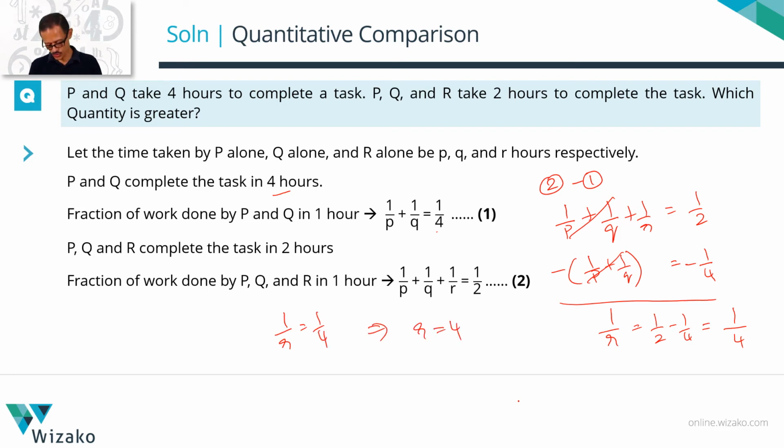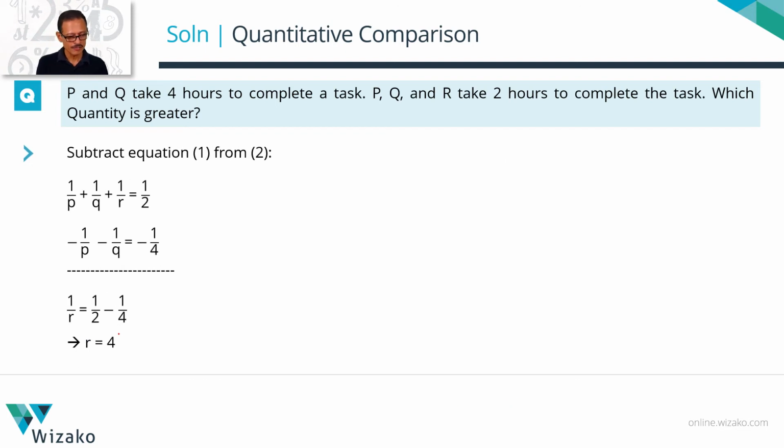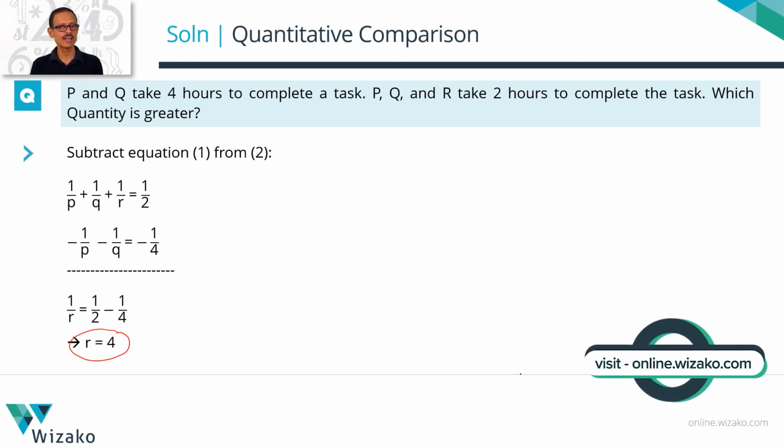So solving these two equations, what did we end up getting? We know the time taken by R to complete the task. Right? So we have to compare two things. Quantity A for us was the time taken by P to complete the task when working alone. Quantity B was finding out the time taken by R alone to complete the task. This gives us quantity B. Now let's check out whether we can find out quantity A, whether we can find the exact quantity or we can get a fix on the quantity. Let's check out what makes sense.